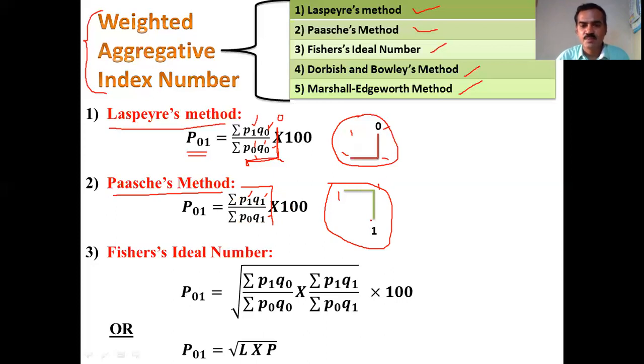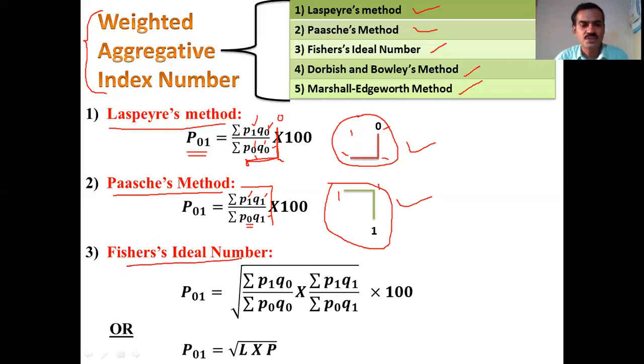And next, by remembering this particular reversal downward, that is, the face is in a downward position, likewise you write 1 1 1 here, and here you write 0. So that is the technique of remembering this particular Paasche's method. Remember these techniques very clearly so that you can write the formula very easily. Okay, because in Fisher's index number, in the Marshall-Edgeworth method, and in the Drobish-Bowley method also you are going to use these two formulas, that is Laspeyres' method formula and Paasche's method formula.